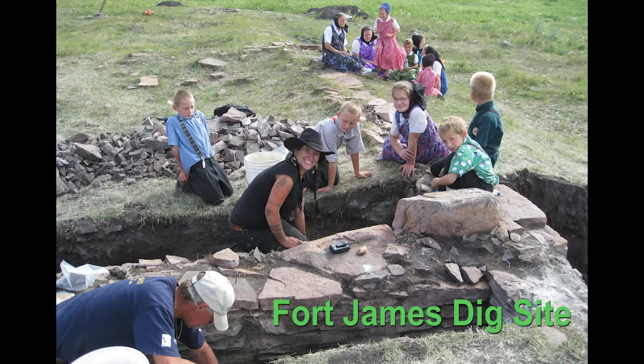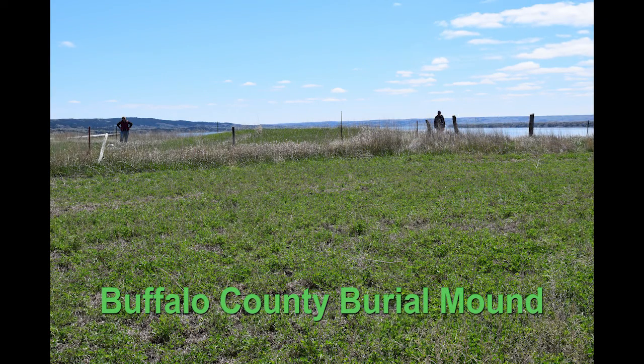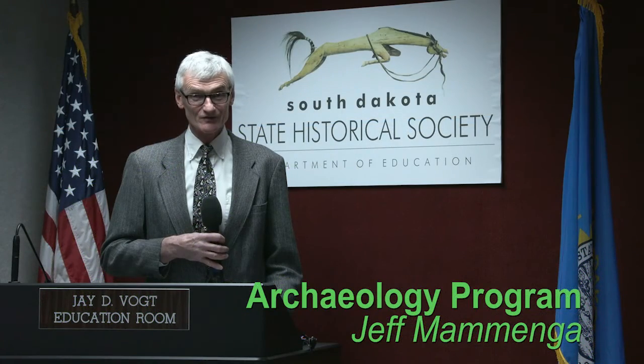Another program of the State Historical Society, the Archaeological Research Center, is located in Rapid City. Its purpose is to advance, preserve, and disseminate information on South Dakota's early cultures. It fulfills this purpose by conducting archaeological surveys, protecting archaeological resources, and maintaining accurate records of archaeological sites in South Dakota. The office archives records for over 26,000 recorded archaeological sites in South Dakota and stores over 6,000 cubic feet